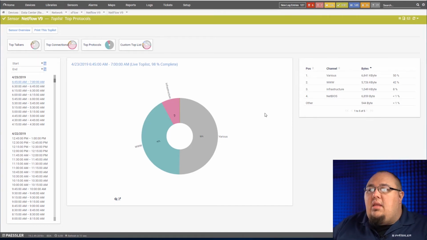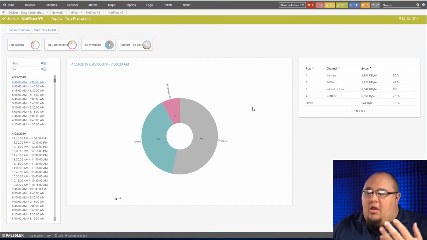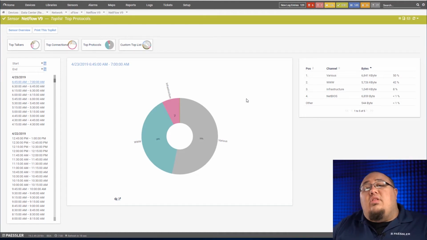Now, that doesn't mean we can't fine tune it and tweak it. You'll see in that knowledge base article, we can go into our flow rules and we can define some additional protocols. Say you're in an environment where you have a lot of a particular protocol. It could be anything non-standard. Or let's say you have a lot of traffic that's on a various port. These are things you can go in, you can add to these flow rules, and then you can give it